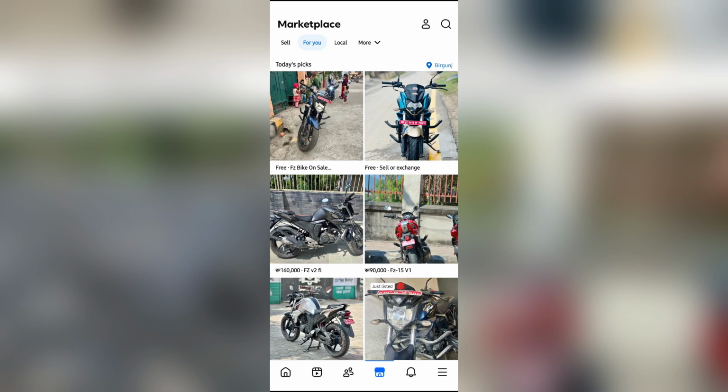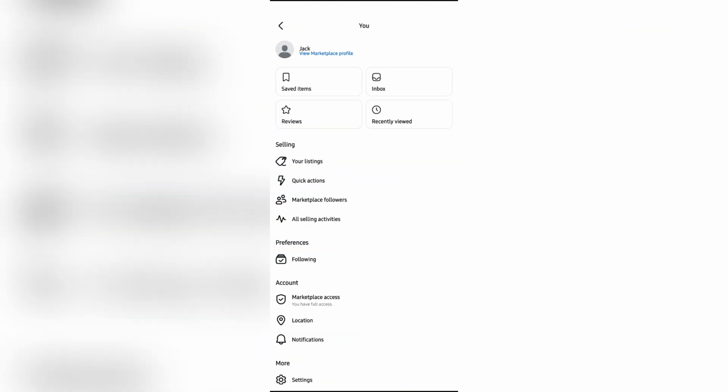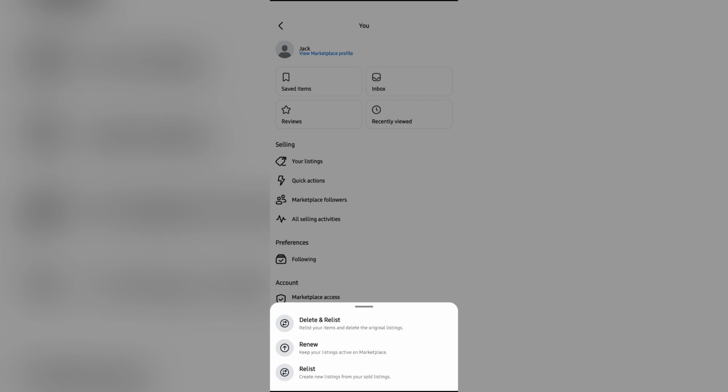And once you go in here, you just simply need to tap into this profile icon from the top right side of your screen. Tap to that, and once you tap in there, you are gonna see a bunch of options. Among them, you need to select this option of quick actions under selling quick actions, and you will see